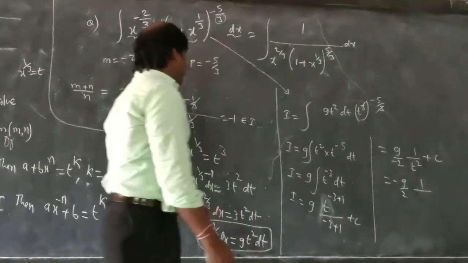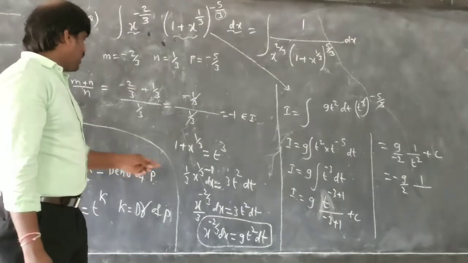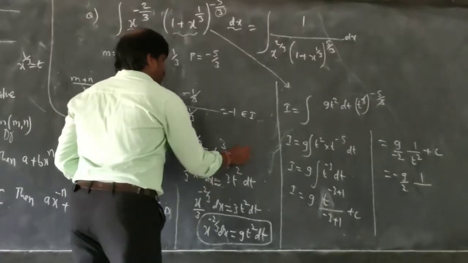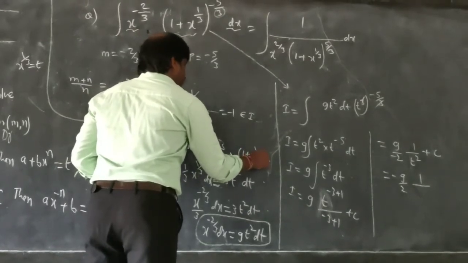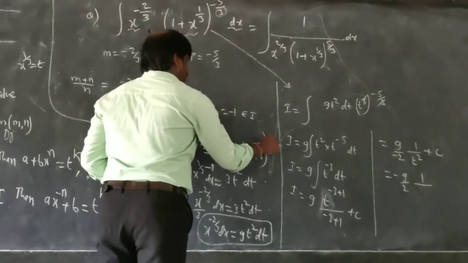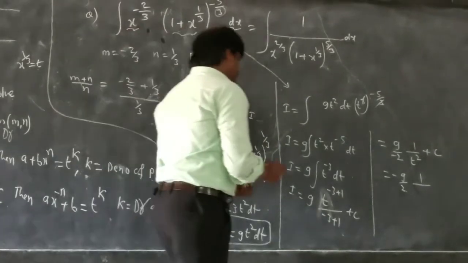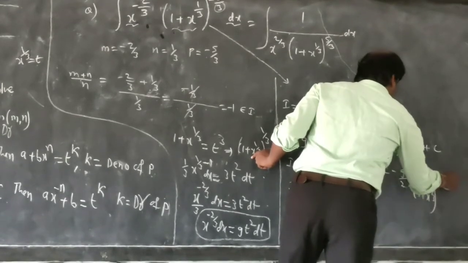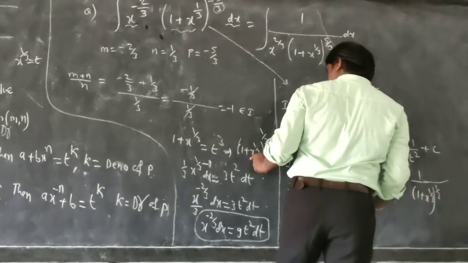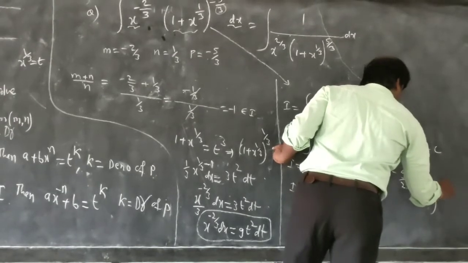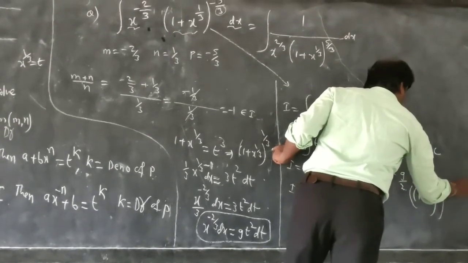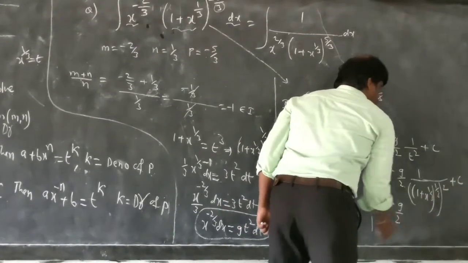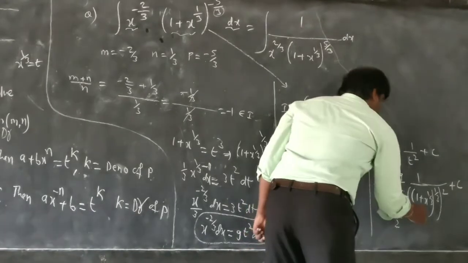What is t we consider? T is nothing but 1 plus x power 1 by 3, whole to the power of 1 by 3. So t I get as 1 plus x power 1 by 3, whole to the power of 1 by 3, and this you have a square, plus c. So finally minus 9 by 2, this is multiplied on the top. So I get 1 upon